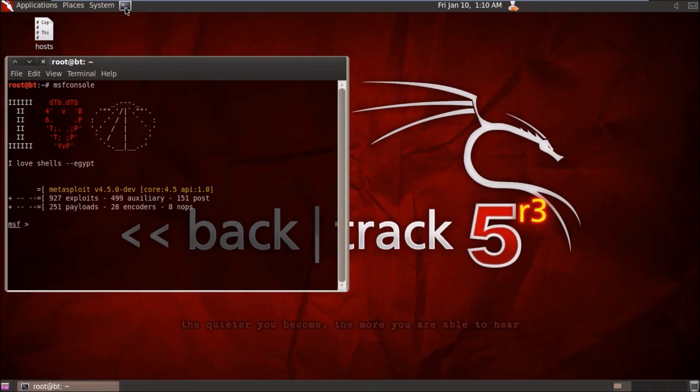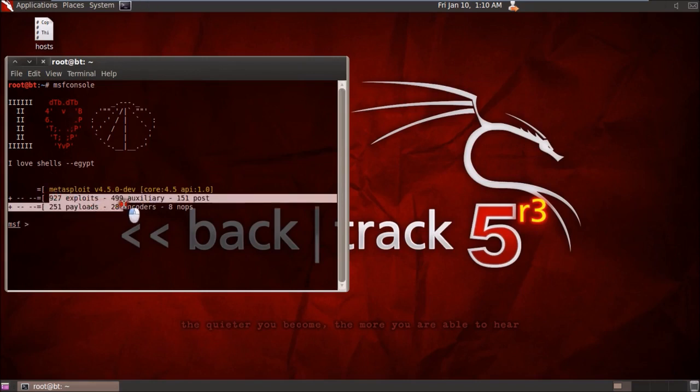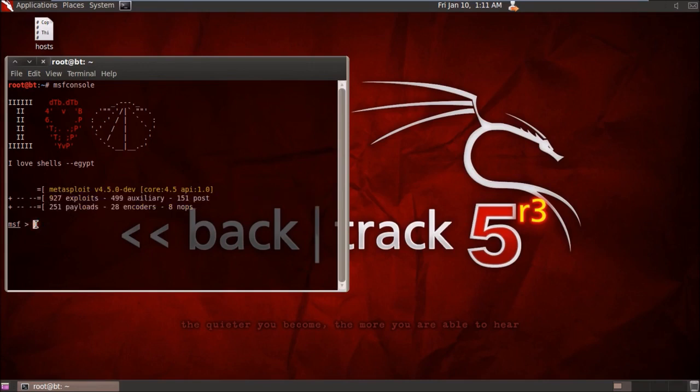Now, as you can see, these are the exploits and payloads. We have 927 exploits and 251 payloads. Now, what are they? Exploits are strategies. They can be called strategies or methods to perform an attack, and payloads can be considered as soldiers. Like you choose a hitman for murder, it is similar to that.